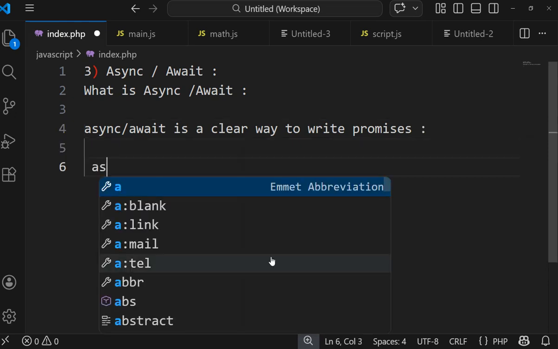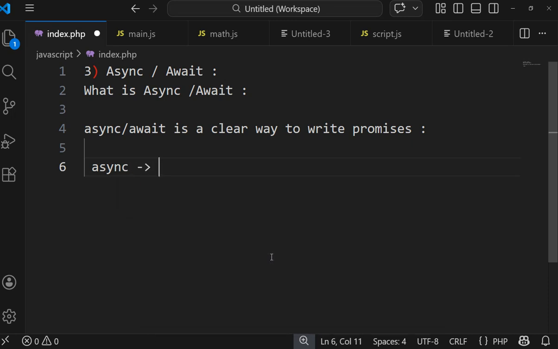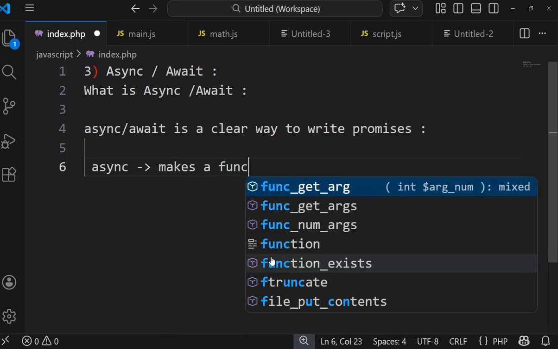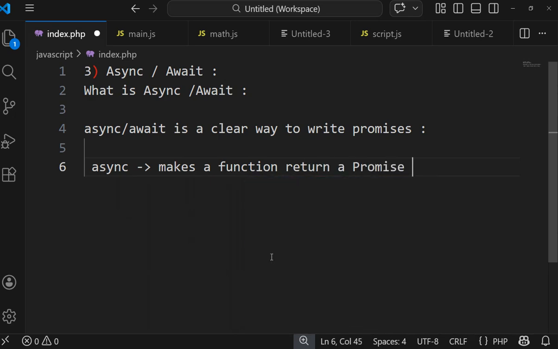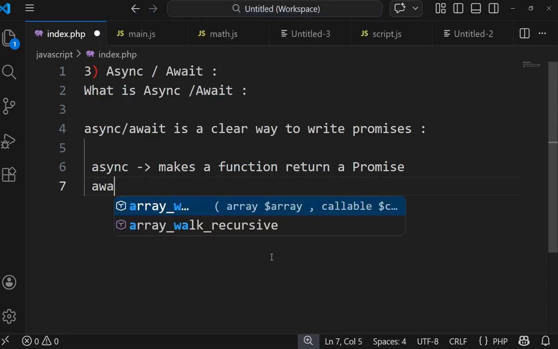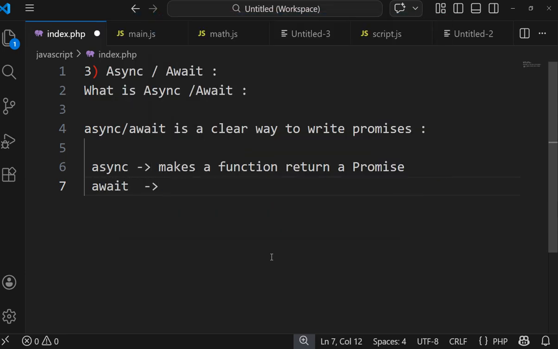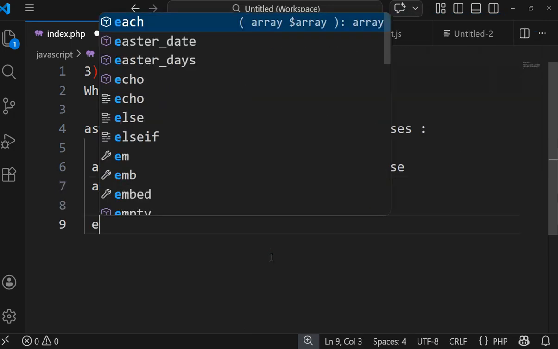Okay, that means async makes a function return a promise and await waits for the promise's result. Okay, for example,